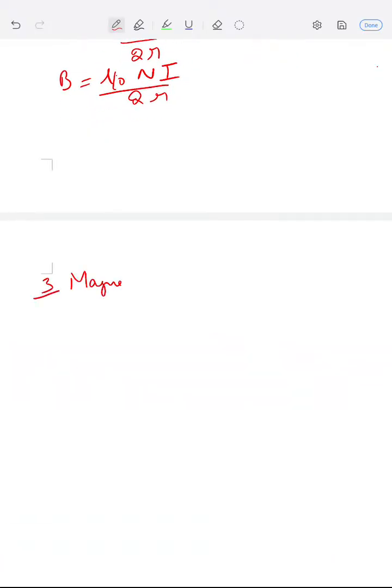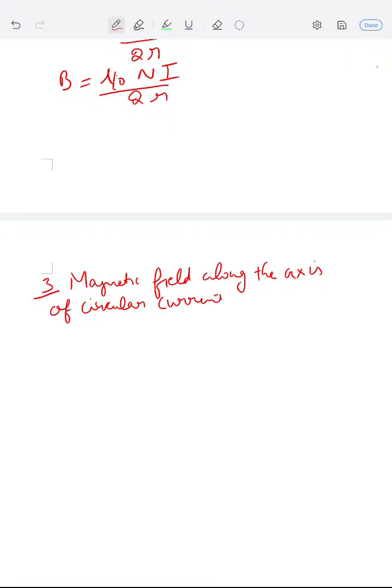magnetic field along the axis of a circular current loop. So this is a circular wire